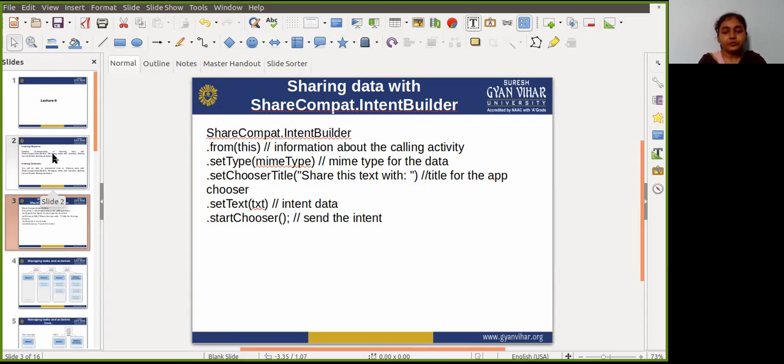The action element specifies the main entry point of the application, and the category element specifies that this action should be listed in the system application launcher.